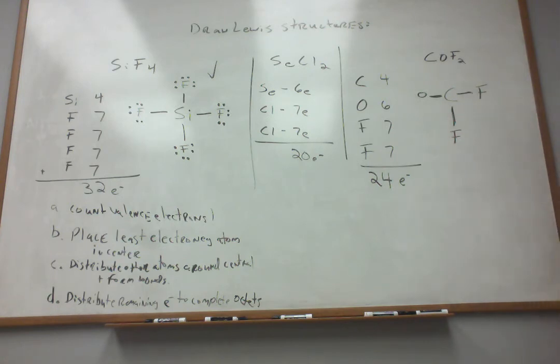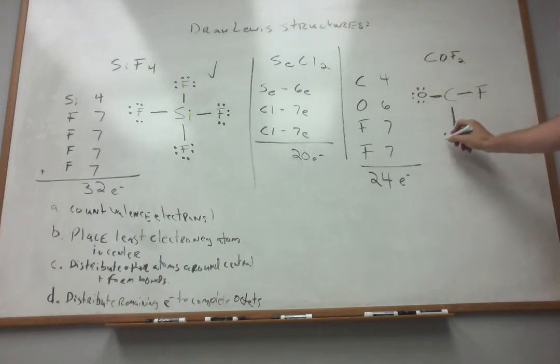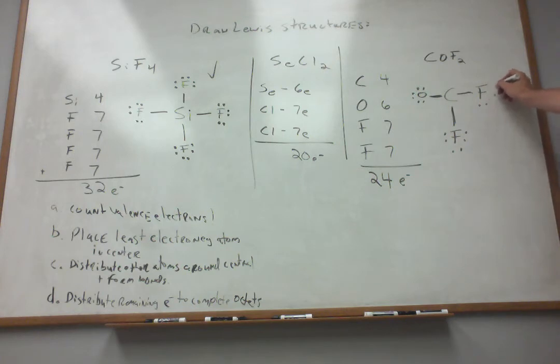So that's what I would start with: the lowest electronegative element, carbon, in the center, and distribute the others around it. I have single bonds here, here, and here to hold the thing together. Now I start to complete my octets. So I would do 1, 2, 3, 4, 5, 6, 7, 8, 9, 10, 11, 12, 13, 14, 15, 16, 17, 18, 19, 20, 22,